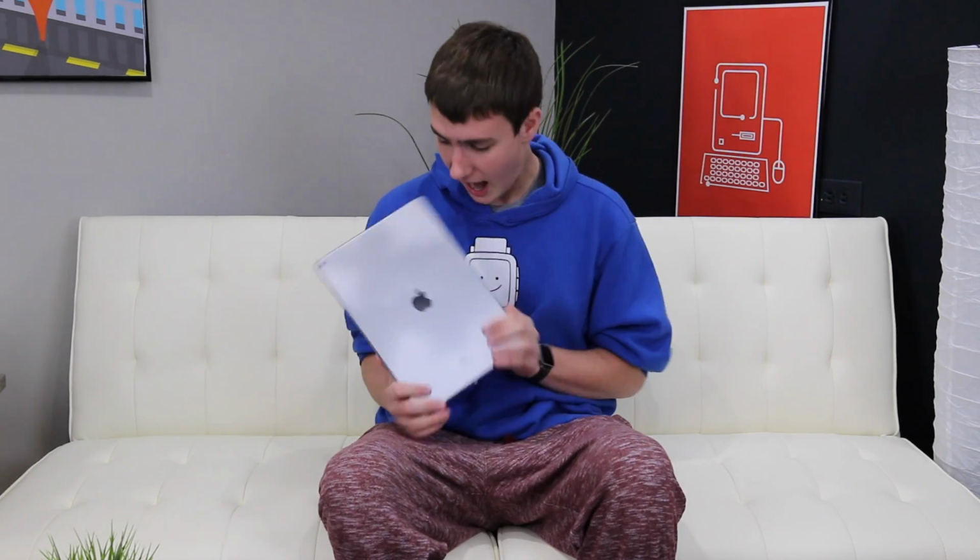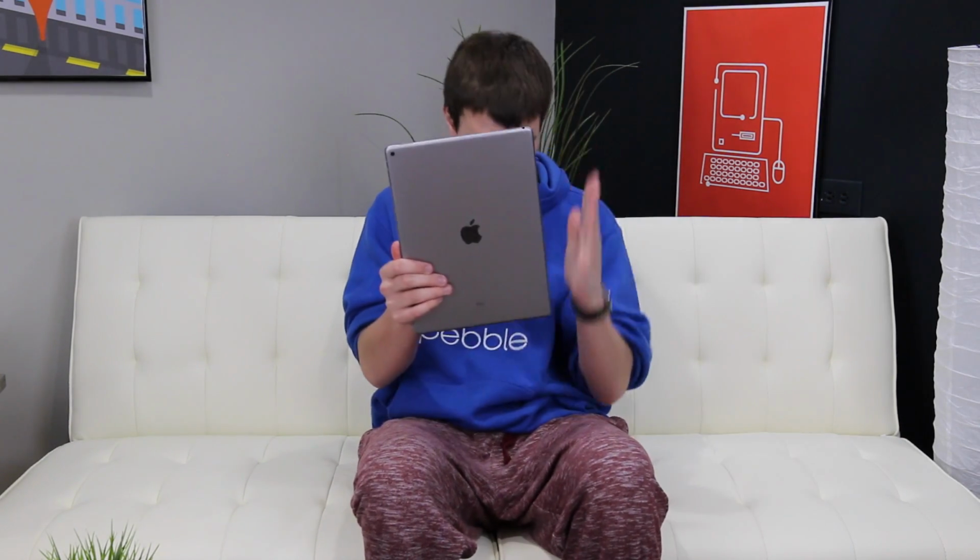Please don't. No. I don't want to see anyone taking pictures with this. I just don't know what to do, and it's huge. Using it in portrait, you just almost can't. What? So this kind of goes back to the accessories, and that's really the big theme here, is the accessories